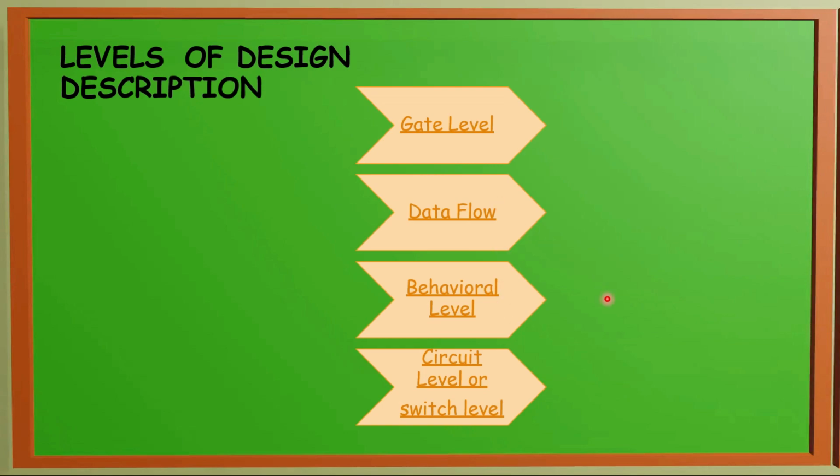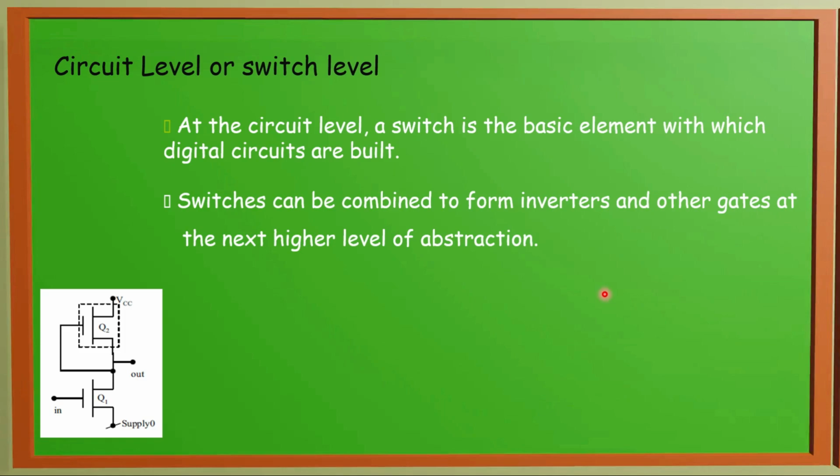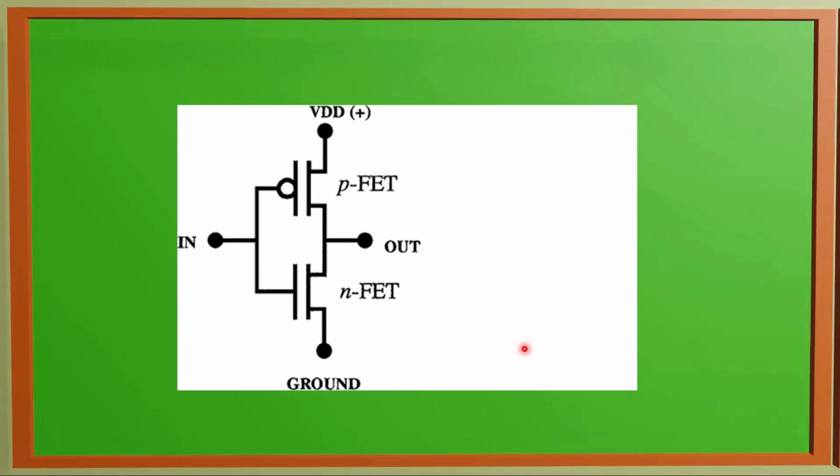Let us discuss them one after one. First, let us start with the switch level. We know that at the core of all ICs we have transistors. Normally we use MOSFETs as transistors. In MOSFET we have NMOS and PMOS. The basic structures like inverters and other gates will be created by using switches like transistors. Now we have seen the example of an inverter. In that we use two transistors: one is PMOS, another one is NMOS, that is the P type field effect transistor and the N type field effect transistor. Here the difference is that in the P type we get an additional bubble.